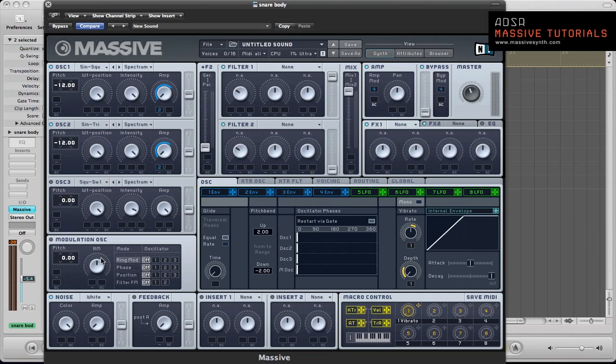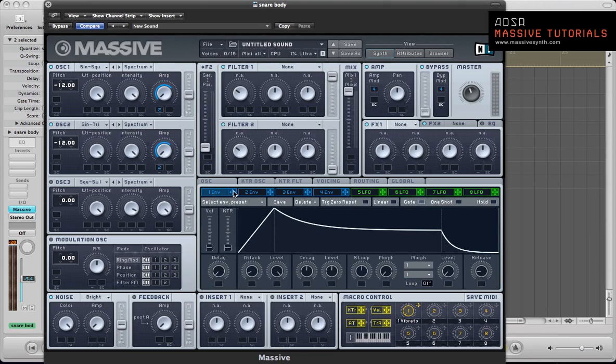So next up we can set up this noise oscillator here. I'm going to change the noise type to bright noise, which is just a bit thinner, less mid-rangey. So we've got the mid-range covered in these oscillators, and let's use envelope 1 to modulate the amp of this noise. So click and drag the crosshair of envelope 1, first modulation slot on the amp of this noise, click and drag up to full. So now I've got some noise on there, and let's do a very similar thing with